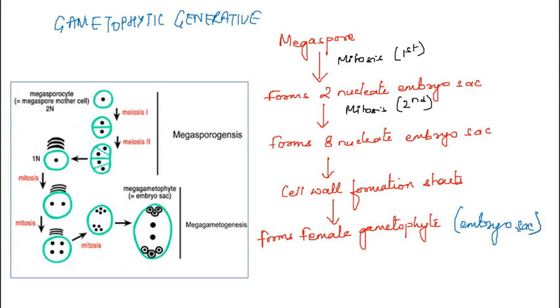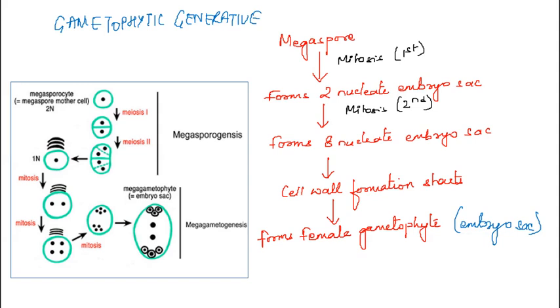Now, there are several variations in how the embryo sac will be formed in angiosperms. Different angiospermic plants form different kinds of embryo sac, and a lot of questions are framed on it. Last year, in December 2019 also, a question on embryo sac came. We will solve it right now. Now the most common type of embryo sac which is formed is the polygonum type. We will discuss it.